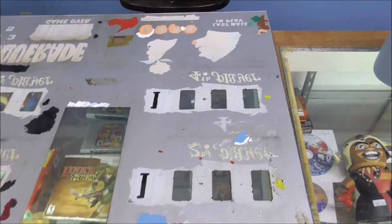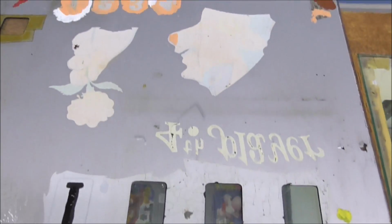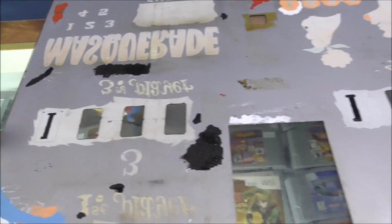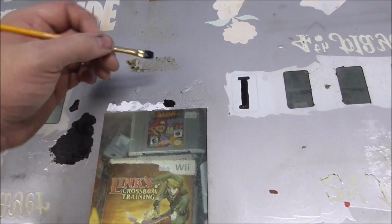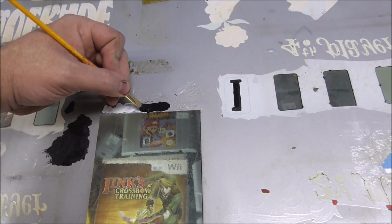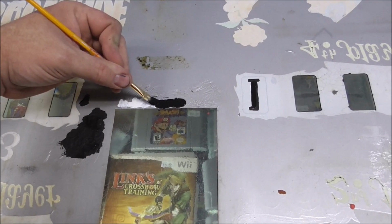Okay, so I have painted very little of the translucent parts. The parts that would light up, I've touched up very little of that. I did the guy's chin because it was completely clear, and it might look like a shadow when it lights up. So the parts that I painted, most of them are parts that are not supposed to light up. So you can actually just take black paint and paint over the paint that you want to show through on the front,